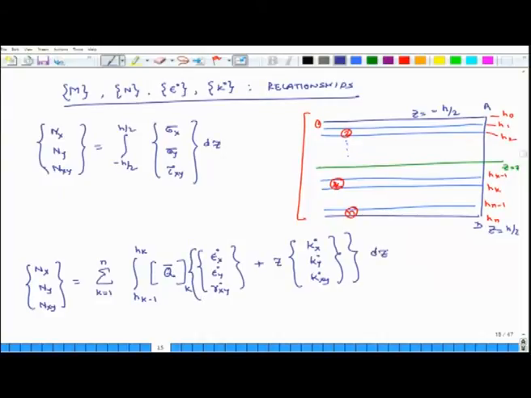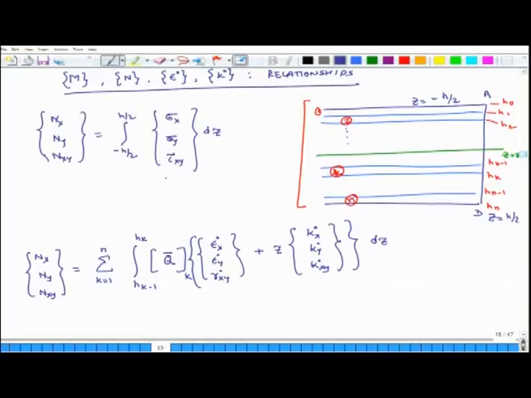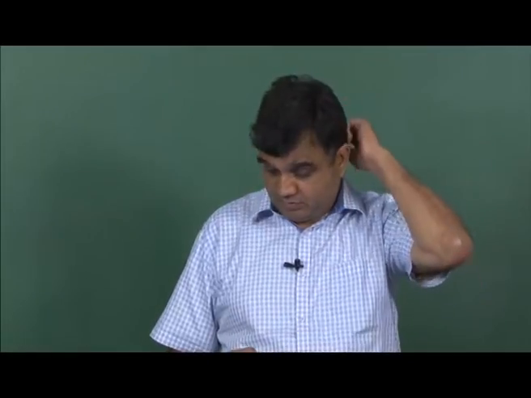dz, okay. So, this is what I get. Essentially, what I have done is, first, I have developed the stress strain relations for the kth layer, and I am integrating this over the kth layer, and the range of z is h_k minus 1 to h_k, because those are the coordinates for the top and bottom surfaces of the kth layer. Then I do similar operations for each layer and I add all of them up, okay.